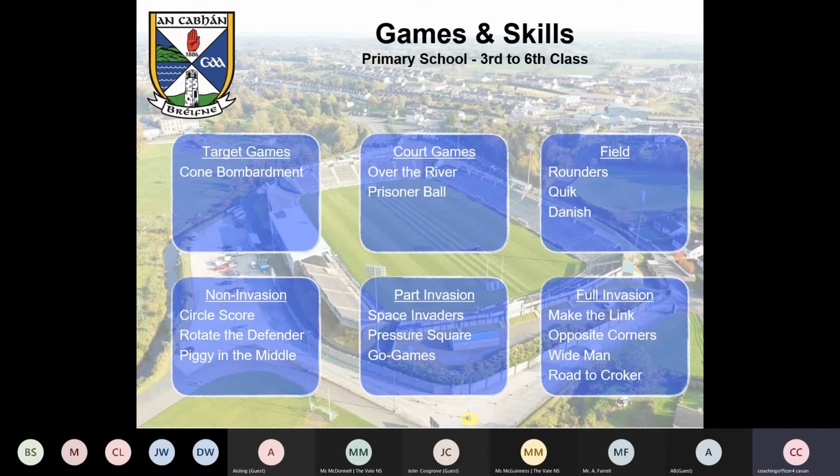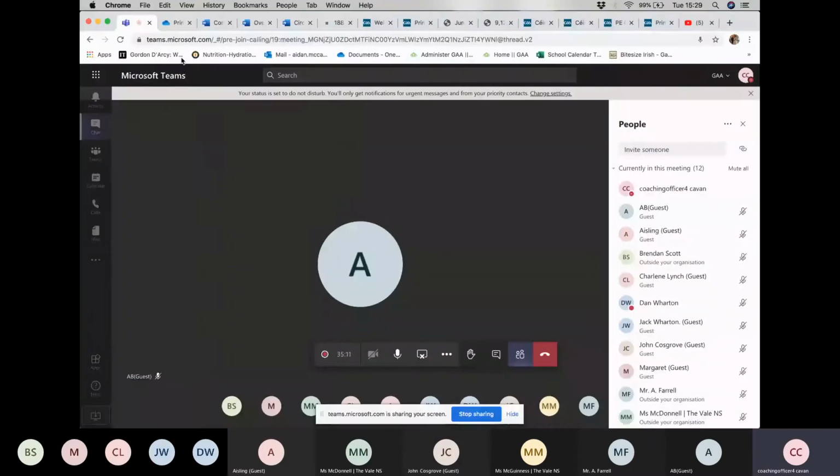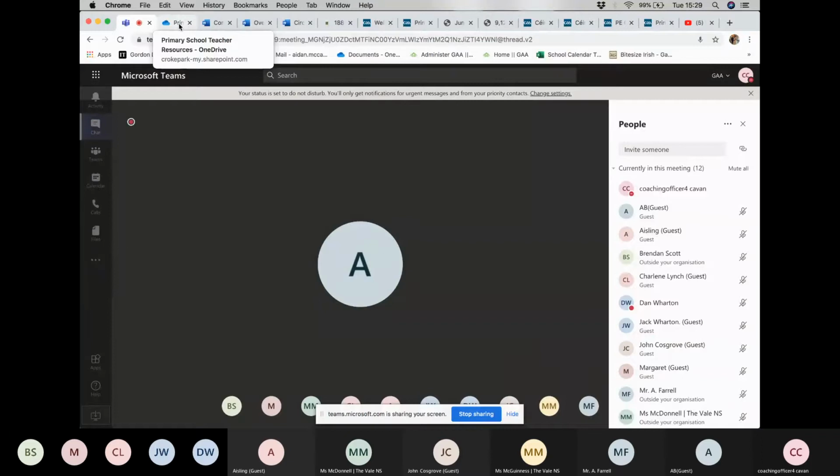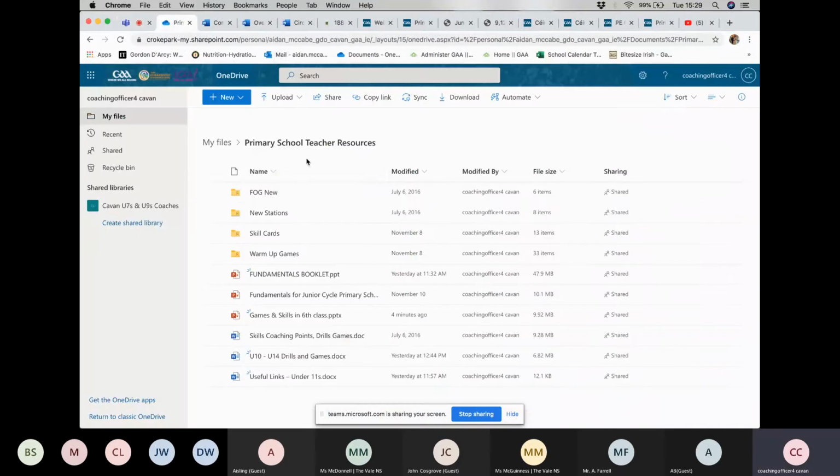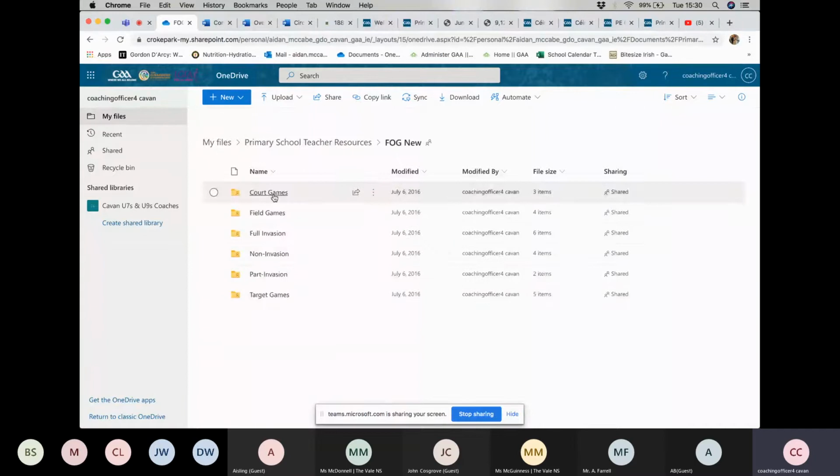Okay, and I'm going to show you Road to Croker. I'm just going to show you where these are located in the folder. Are you back seeing my screen now? Okay, so we're back in our resource folder that we're going to send to you at the end of this. So the FOG, the field of games, if you click into that, there are already